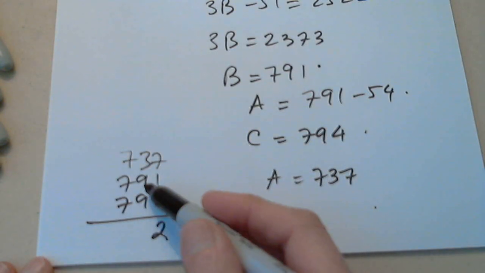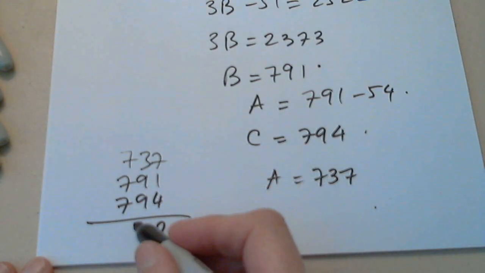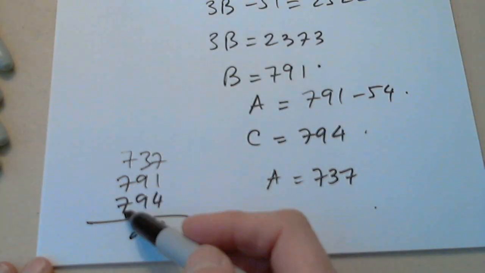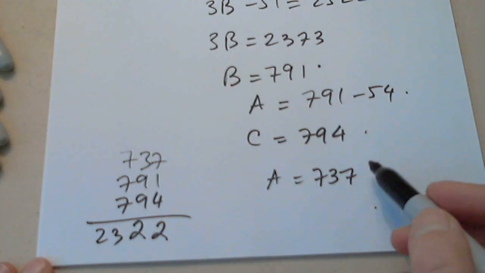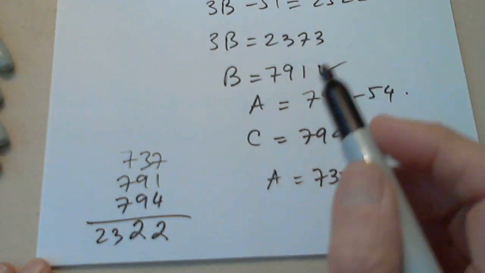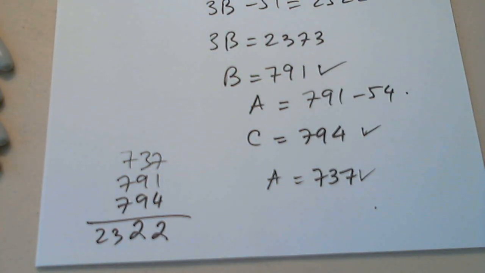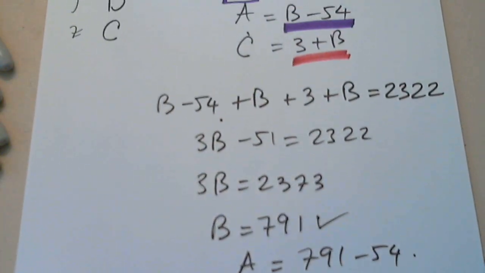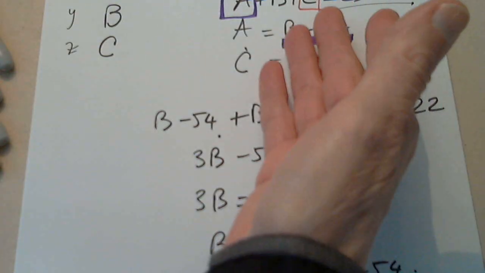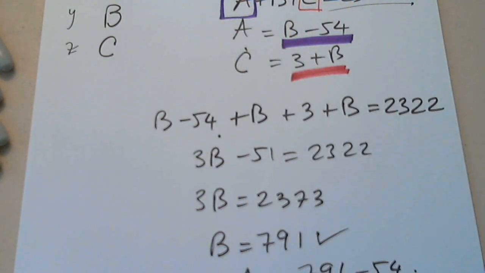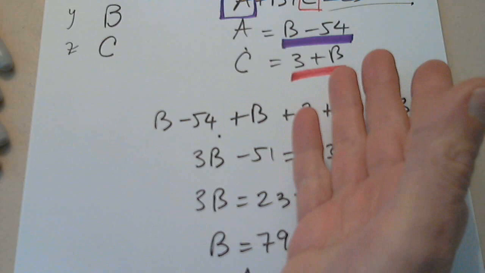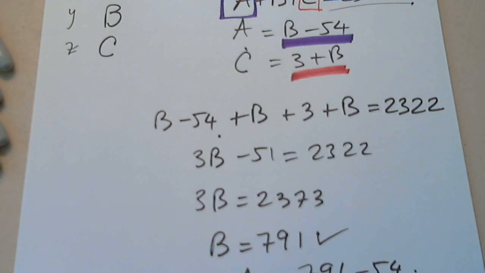So 21 plus 2, 23. So all these are correct. So indeed A is 737 votes, B is 791 votes, and C is 794. And again, we did not need anybody to tell us whether these numbers were correct. We always go back to the original problem. We check the answers, we add them up. If they add up, then we are confident that